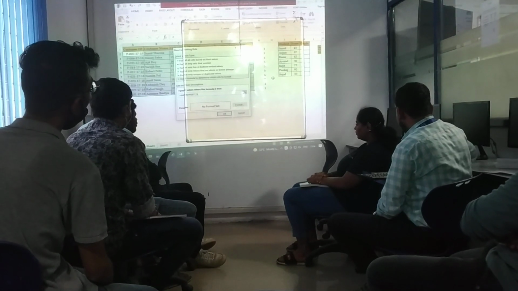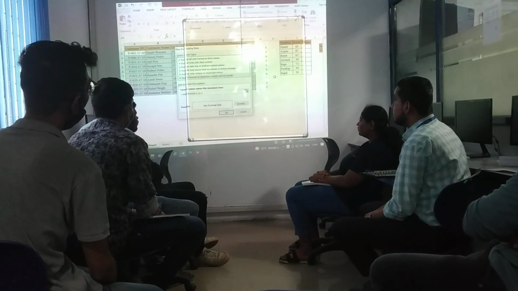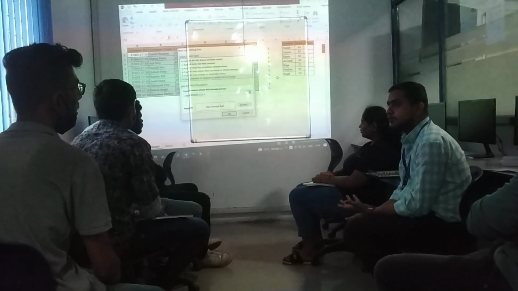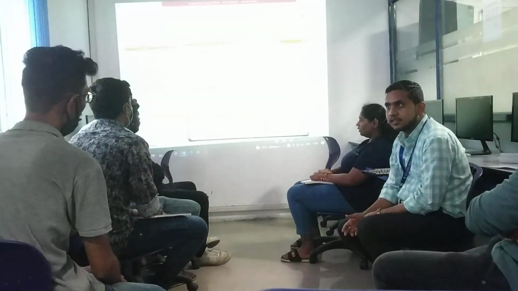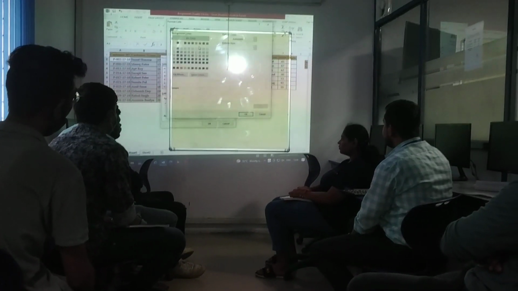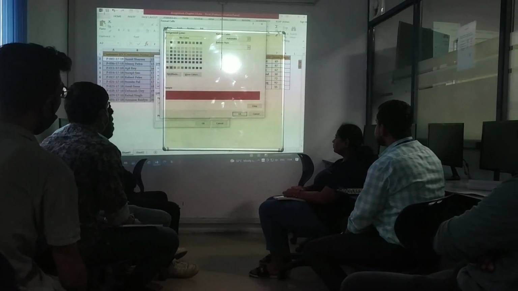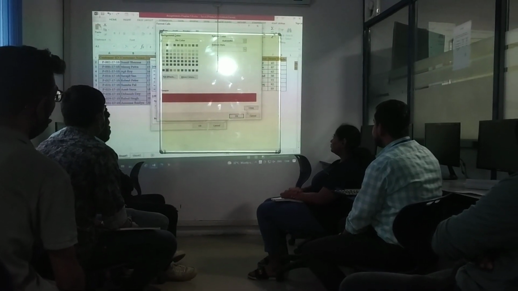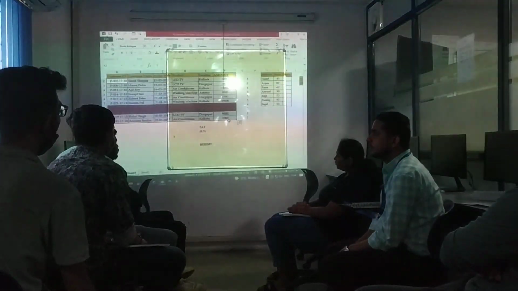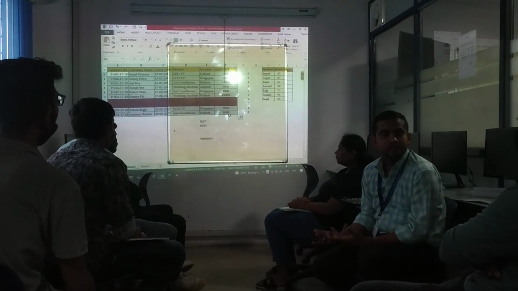So I have to highlight the data more than 5. No, if I give more than 6, then only Sunday will highlight. But we have to highlight more than 5. Then we have to do it for more than 5. That means 6 and 7 both will highlight. So we can select this and okay. So you can see Saturday and Sunday both we can highlight.